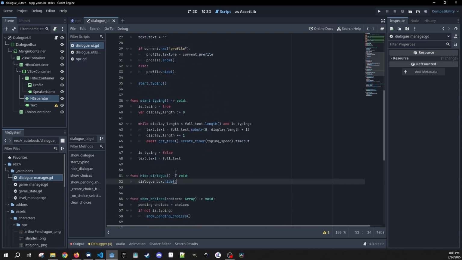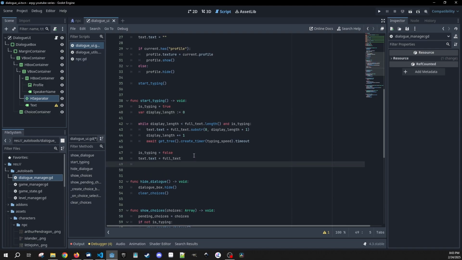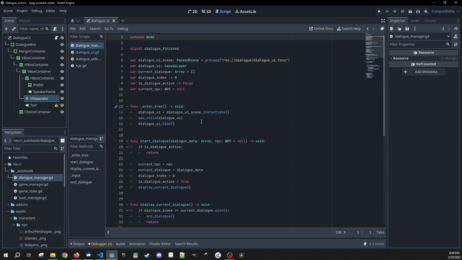I think we're also going to add clear choices into hide dialog. And then that should have us exactly where we want to be, except in here. In start typing, we're also going to show our pending choices once we've actually finished writing all the text to the screen. So now we can head over to our dialog manager, and this is where we're going to add